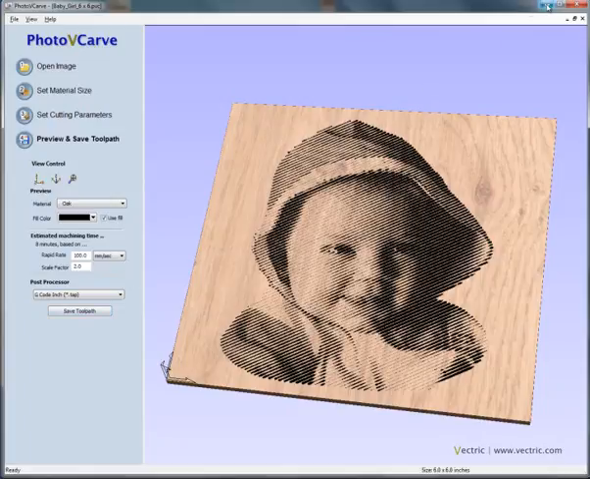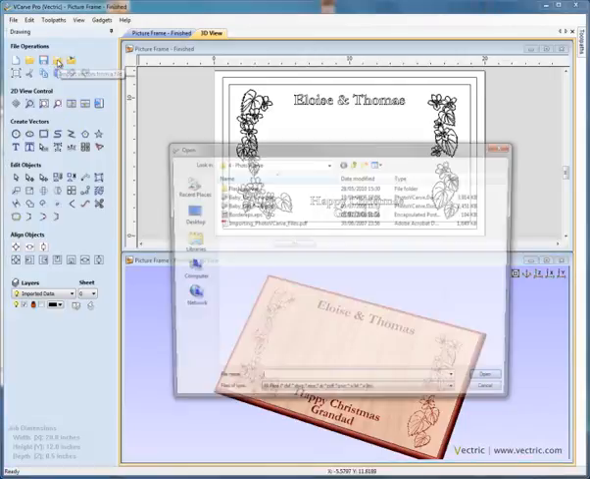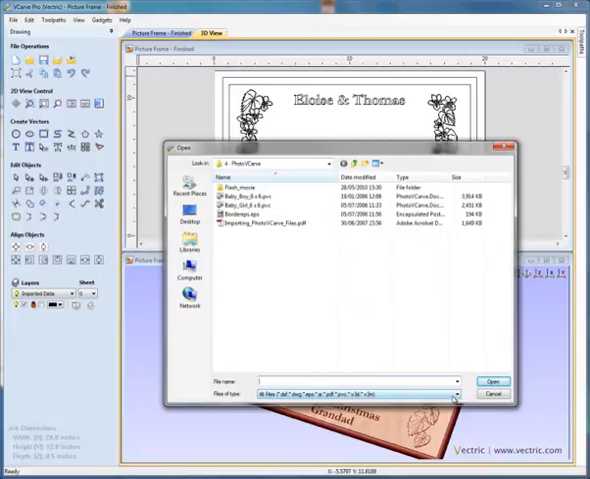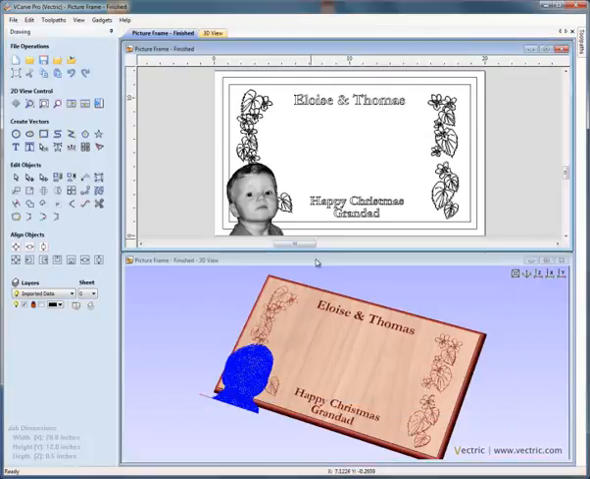Just going to close Photo VCarve for a moment, go back into VCarve Pro. Remember, this could also be Aspire. We're going to go to the import file option, so File, Import. Here we've got the option to import the usual vector data, but we can also just import Photo VCarve files. So here we've got the Photo VCarve file for the baby boy. Import this. You'll see in the two-dimensional view